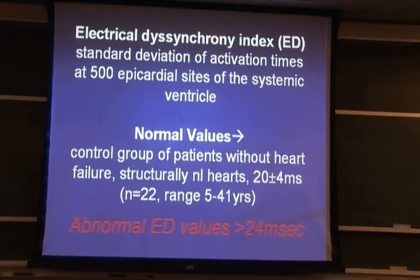So we thought, well, we should make an electrical dyssynchrony index. And we're going to make that index a standard deviation of activation times from 500 epicardial sites on the systemic ventricle. We played to our strengths. The normal values, we looked at the wolves, we looked at the old data from CASE, and we were able to come up with a control group of patients with no heart failure and structurally normal hearts,